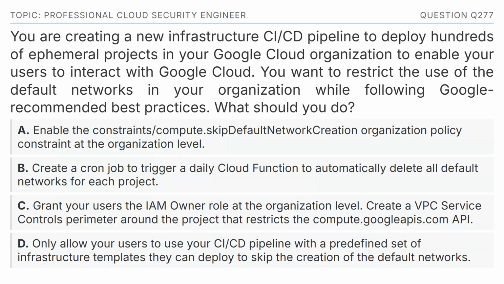You are creating a new infrastructure CI/CD pipeline to deploy hundreds of ephemeral projects in your Google Cloud organization to enable your users to interact with Google Cloud. You want to restrict the use of the default networks in your organization while following Google recommended best practices. What should you do? The options are: Option A, enable the constraints/compute.skipDefaultNetworkCreation organization policy constraint at the